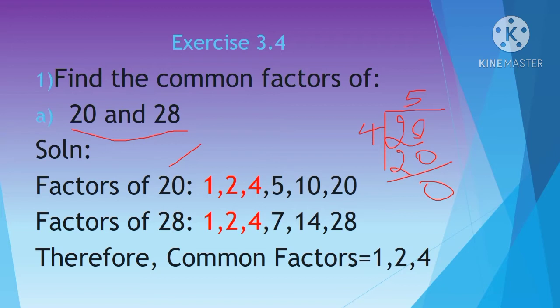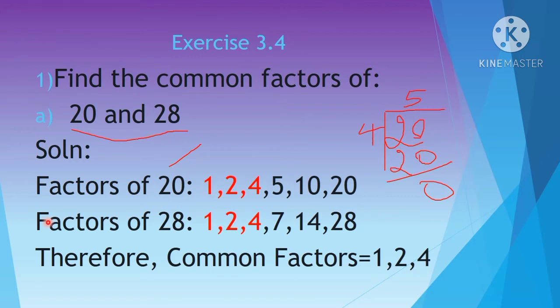20 divided by 1. All numbers divided by 1 is a common divisor, right? So you don't need to check it for 1. So 1 and the number itself are the common factors. Already we have learned. Now you divide and see for 20. So check it for 5. 20 divided by 4 or 5. Check it for 4. So 5 fours are 20, right? Like this you divide and see for each number and find out the factors. The same way you check it for all the numbers.